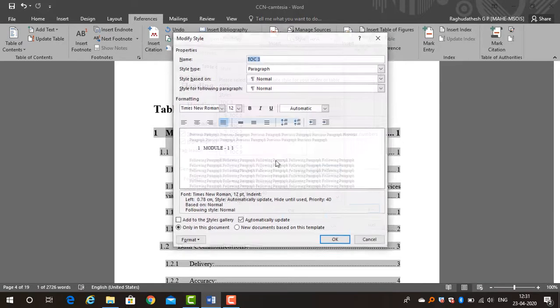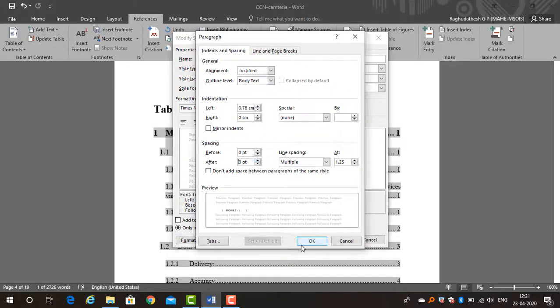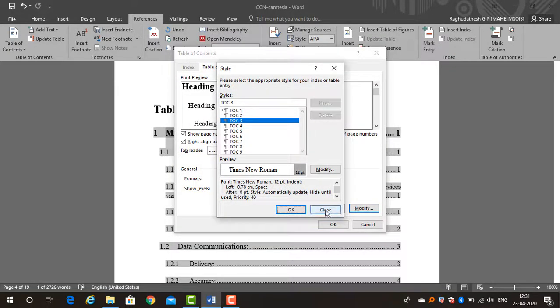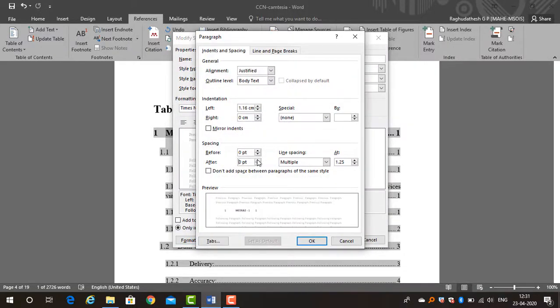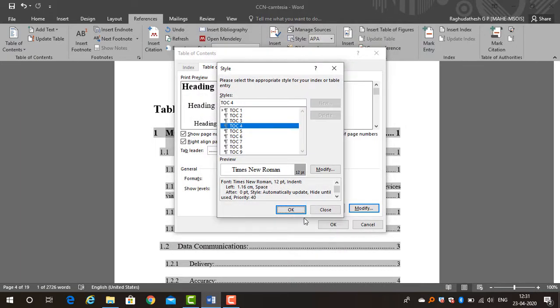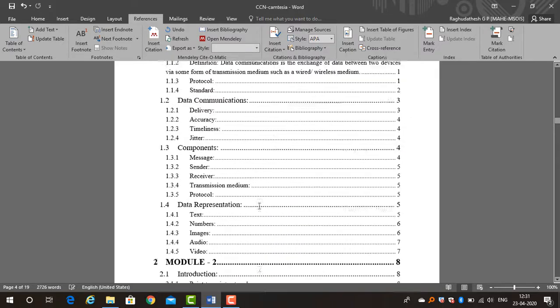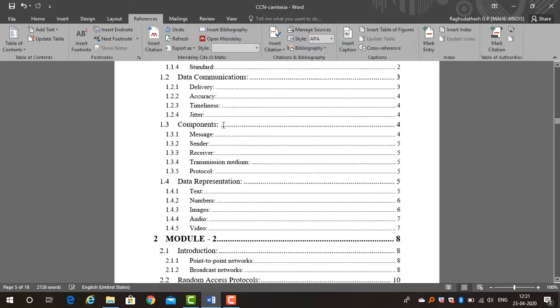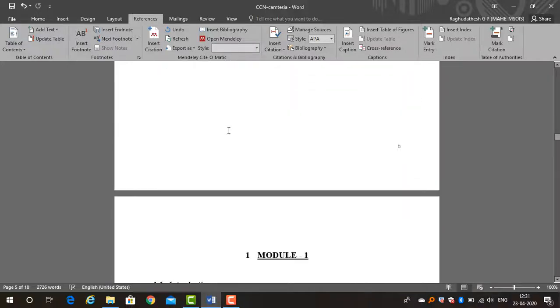So in this way you can modify your spacing of table of content. Again click on modify, go to format, paragraph, auto 0. OK, click on OK. OK, see guys, replace. It will ask, click on yes. So your table of content has been prepared within no time.